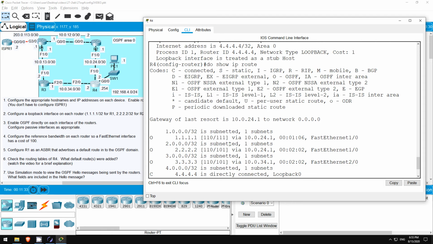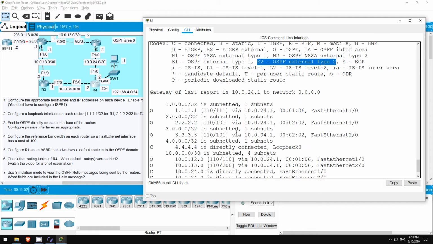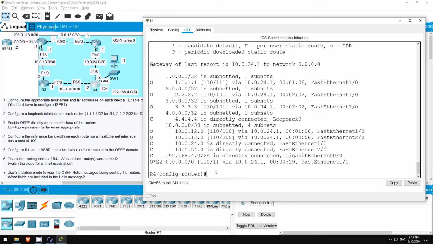If you look up at the top here for the meaning of E2, it says OSPF external type 2. As I said, this is a CCNP level topic, so you don't need to learn it right now. But basically the external type 2 means that the internal OSPF metric to reach R1 is ignored. So actually the cost via both R2 and R3 will be the same, 1.